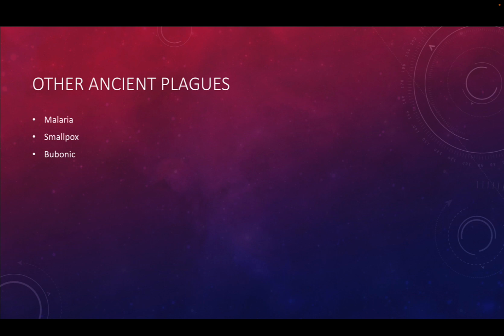Smallpox is a disease that we do not have anymore. It has been completely eradicated from the planet. It was the first disease to ever be eradicated from the planet through a very strong vaccination strategy in the 60s and 70s. But it has a relatively high mortality rate. Something like 30% of people who got smallpox would die. So it was really important to be able to get rid of that.